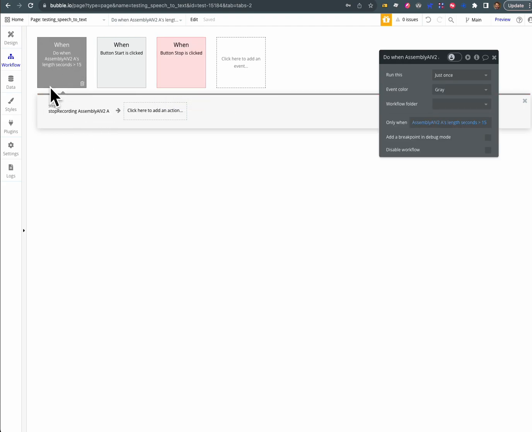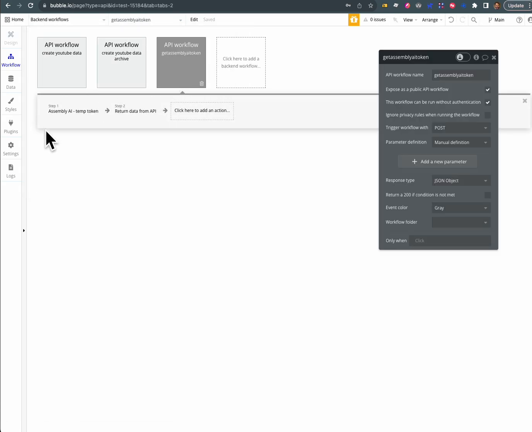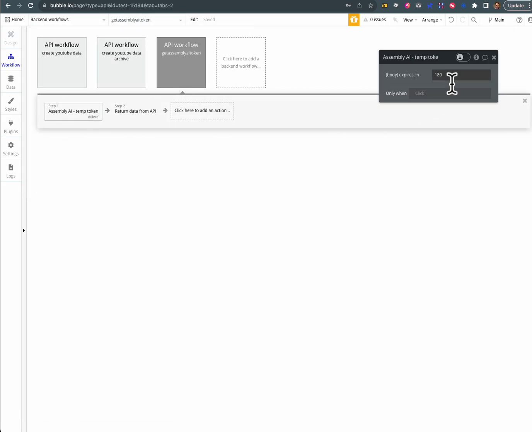And then you've done this timer here. This just once will be an issue because it'll only do just once. So if you stop and start a few times, this will only ever fire once. So you probably want to do every time when it's true. But that's all fine. And then when I look at the backend workflows and the assembly token, this is get